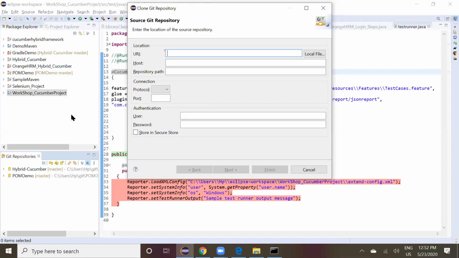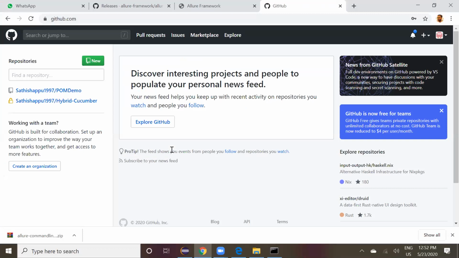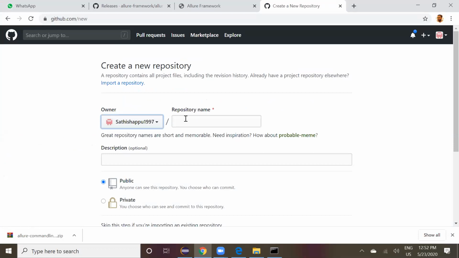You go to your GitHub. Click new repository. Click new. Create one repository, right? Workshop, same thing. Workshop Cucumber project.